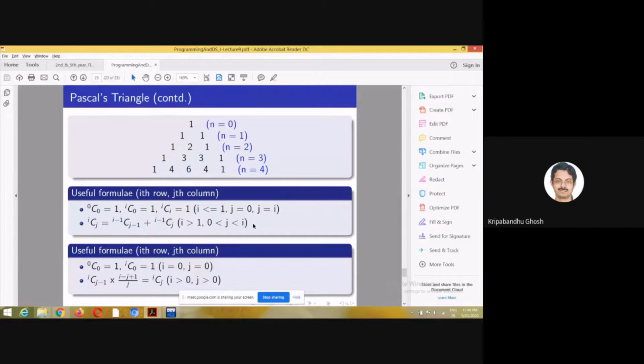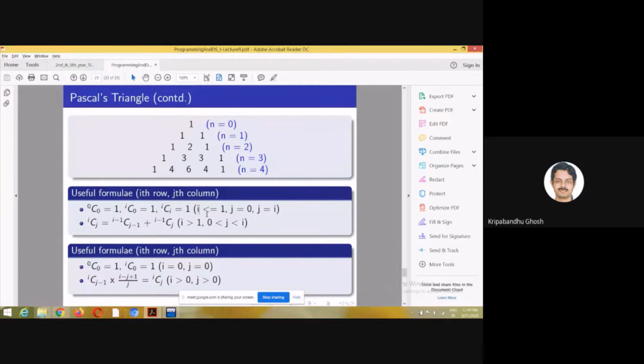If you look at the exact formula, for i less than or equal to 1, that is for i equal to 0 and i equal to 1: i, remember, is traditionally used to indicate the row number, as I told you in the patterns.